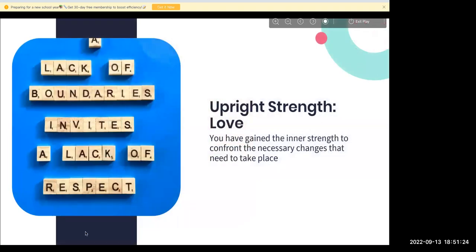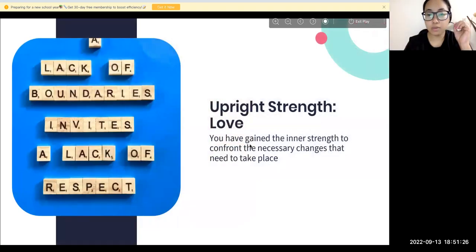Now if you really look, you can also see that you have that inner strength, so you can confront all the unwanted things which are there. You do not have to worry about what people will think or anything like that. If you feel that your partner is not treating you well, or your partner is not being honest with you, confront. You have the power to confront, because you are a courageous woman and you have the power to do that.